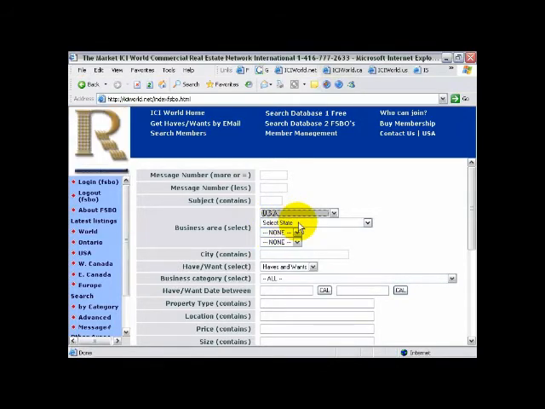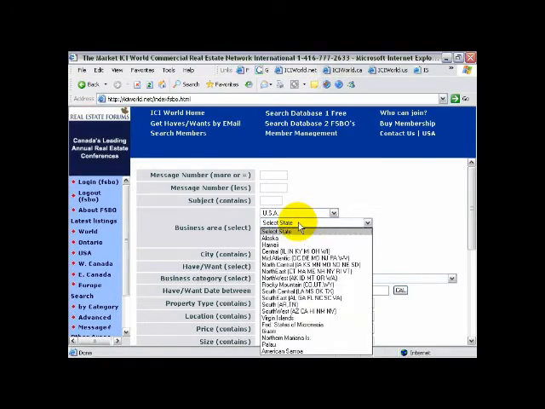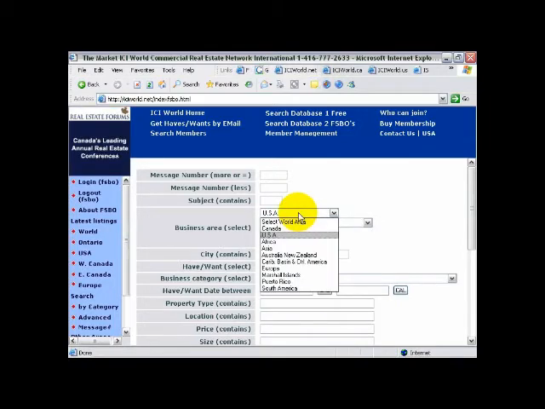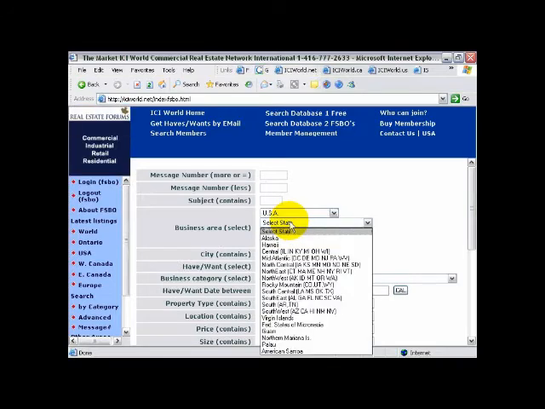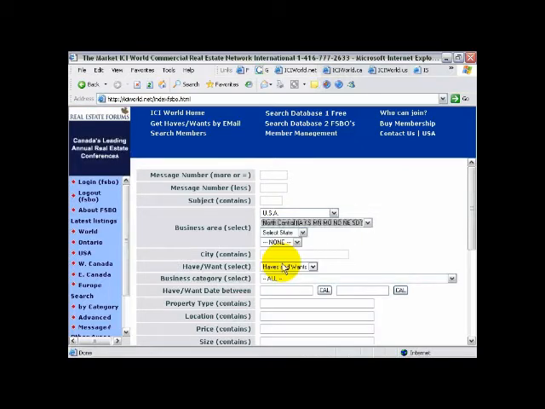So you can change it to USA. And then Missouri is in North Central. Highlight that, and leave it on North Central for the moment. We're just going to search the USA and then North Central in your case. Everyone can use their own state or province.